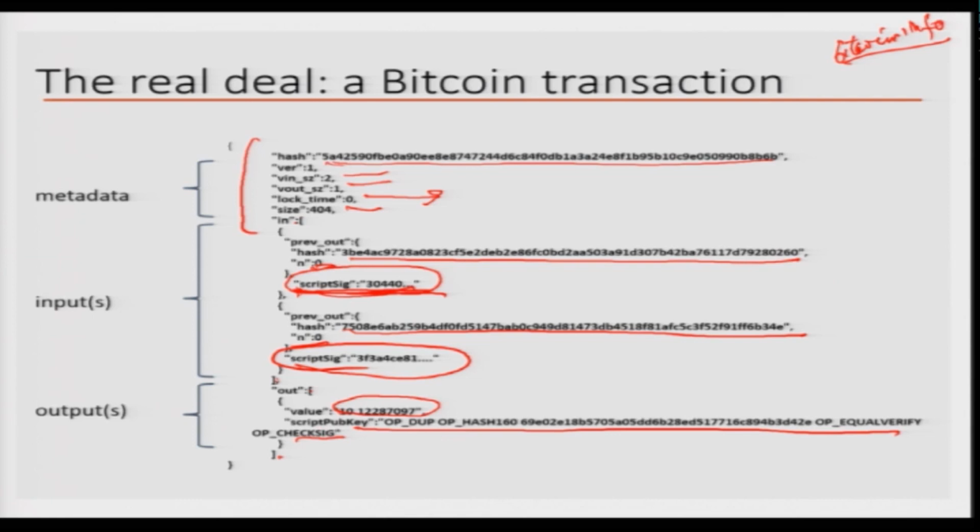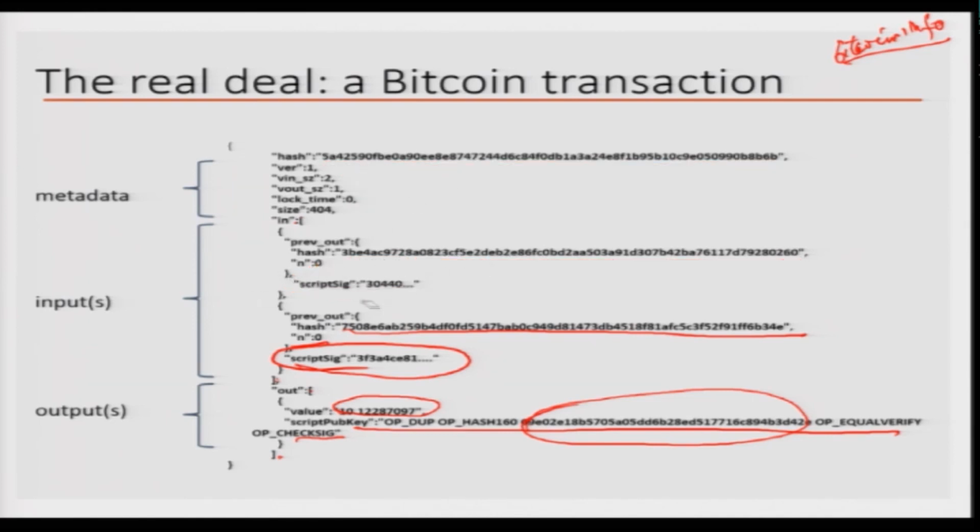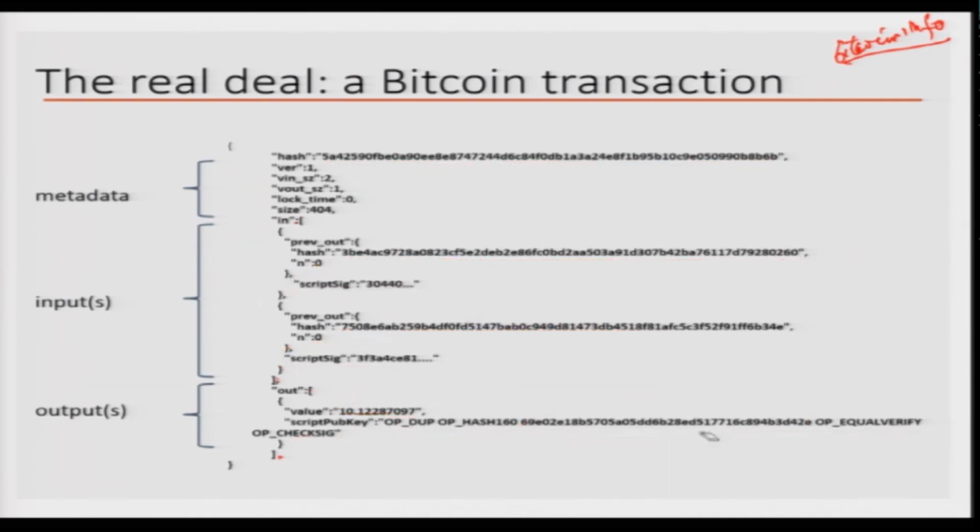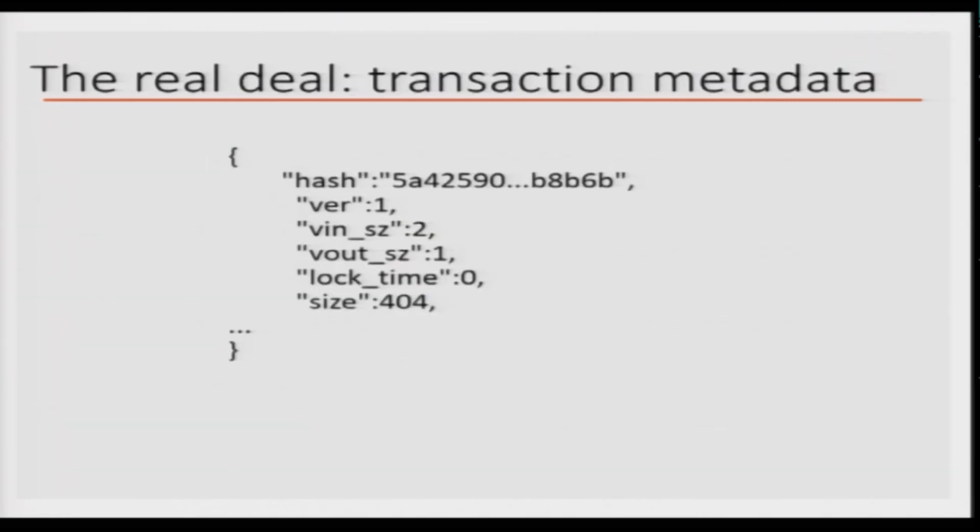Now, here you see that there are a lot of things, not only just the account number. The account number is basically somewhere here, but the rest of it seems like an assembly program, and we will see what that is in a little bit. So, that is what the transaction structure looks like. So, you get some idea about what this looks like.